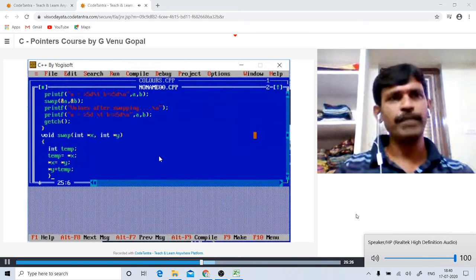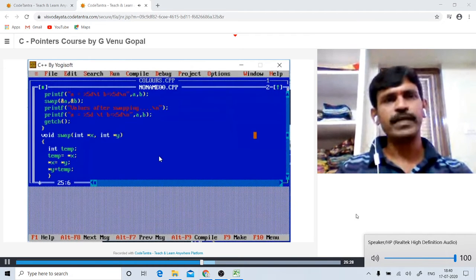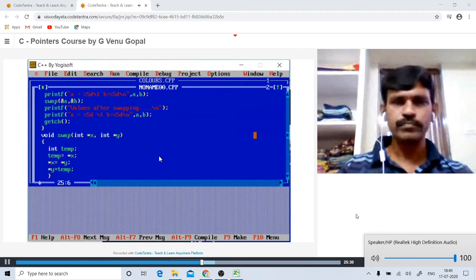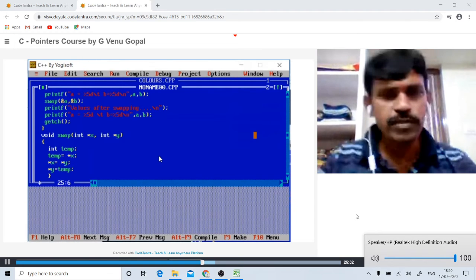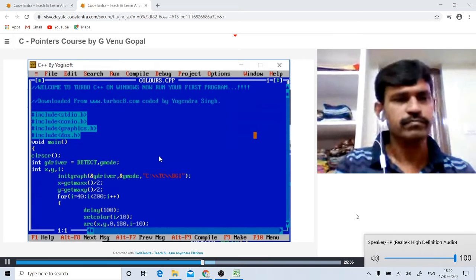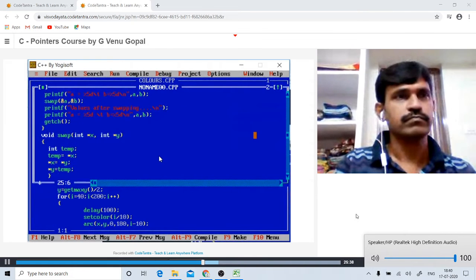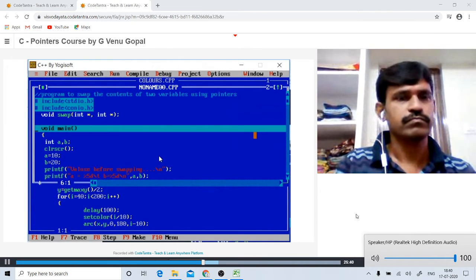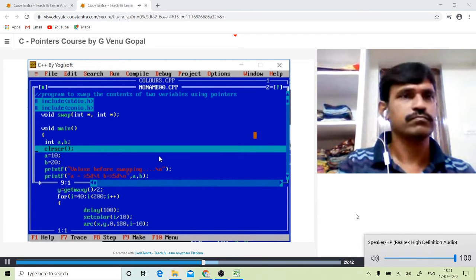Here, how it goes, let us see. I'm using the tracing process.